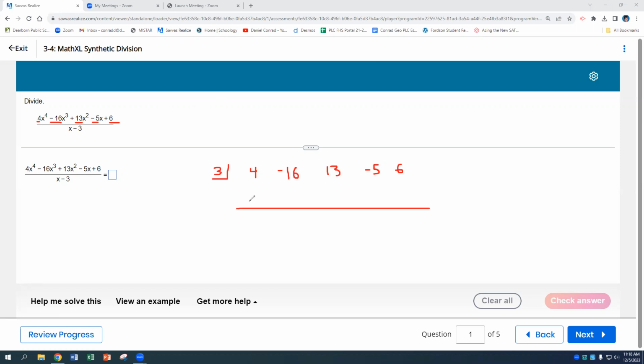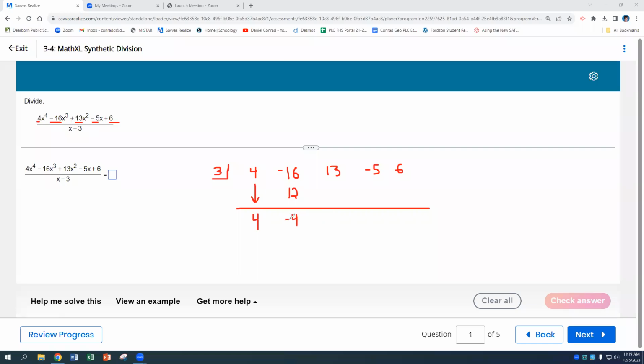We're going to bring down the first number, the 4. Then we're going to multiply. 3 times 4 is going to give us 12. This is where I'm getting the 12 from. And then as you go down, you add. So negative 16 plus 12 is going to give me